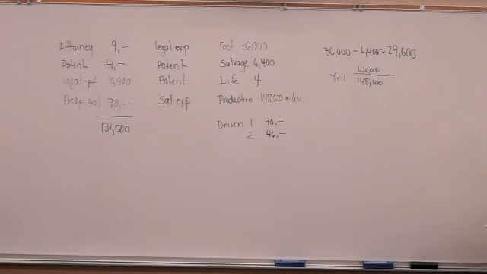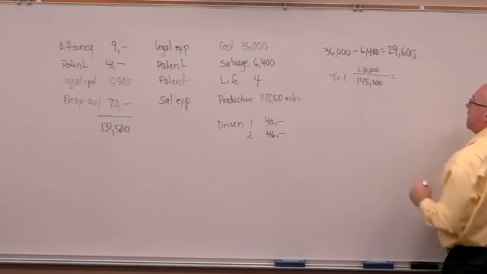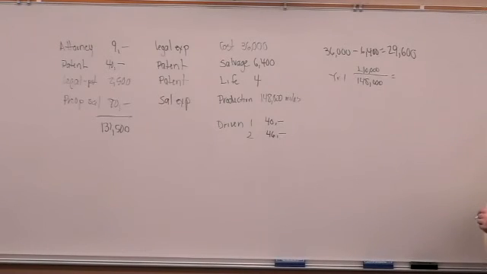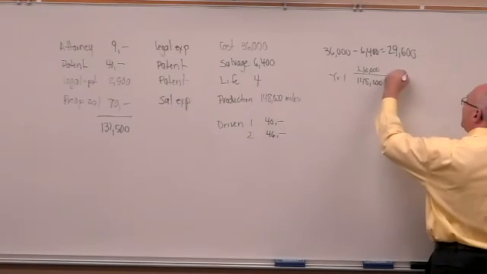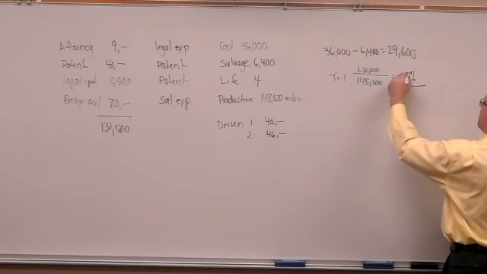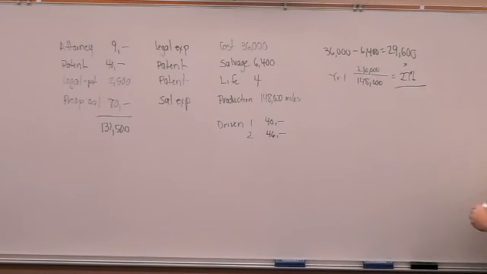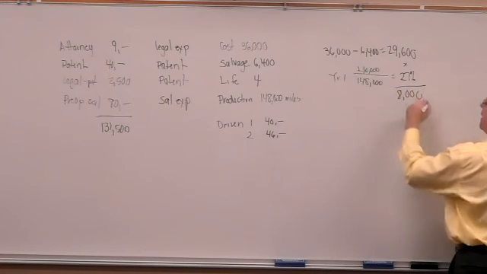0.27. 27%. So 27% times 29.6 is how much? 8,000 even. Okay? And then in year 2, it's 29.6